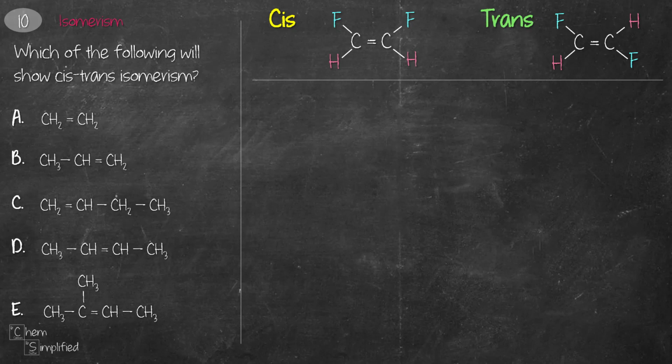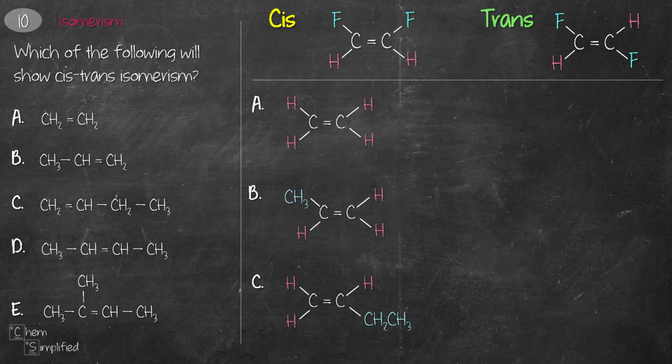So the requirement for us to have cis or trans, again, is to have 2 different groups connected to that same carbon. So we look at A, it's impossible for us to have a cis and trans because on each of the carbons, we have 2 of the same groups which are hydrogen. And then for B, it's impossible to have cis and trans because the carbon on the right-hand side has 2 of the same group which are hydrogen. So that makes it impossible to have cis or trans. For C, it's the carbon on the left-hand side that has 2 of the same group. So that makes it impossible to have a cis or a trans isomer.